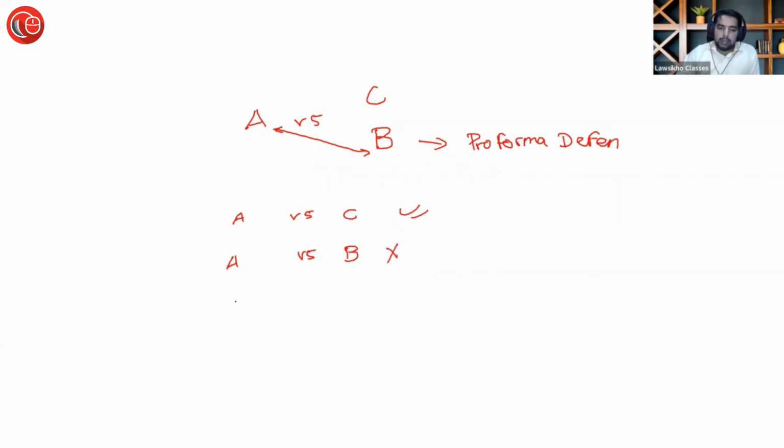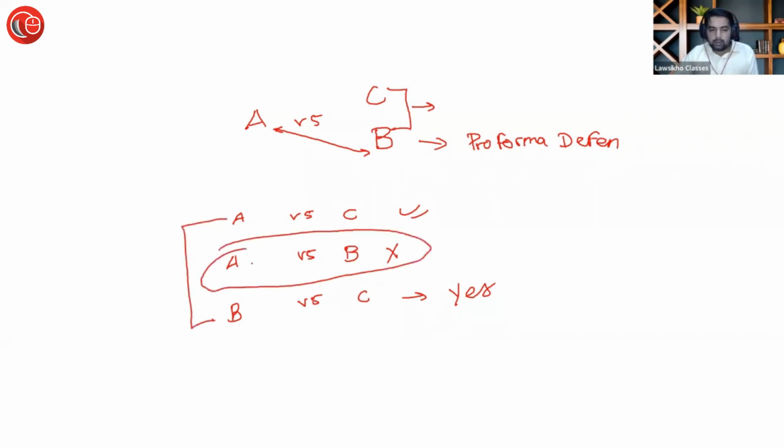The second is whether the suit is contested between B versus C. The answer to this is yes. Even though they are co-defendants, they have conflict of interest. There is a conflict, so a suit is contested between them. तो ये दोनों में सूट कंटेस्ट हो रहा है, इसमें सूट कंटेस्ट नहीं हो रहा. सूट इज नॉट कंटेस्ट बिटवीन A versus B. So this is what it is trying to say.